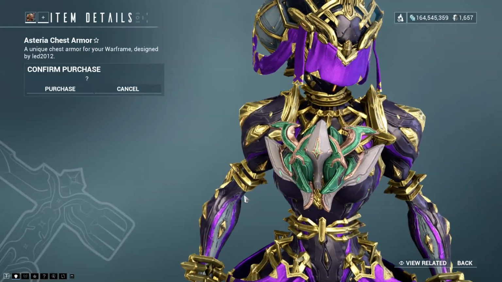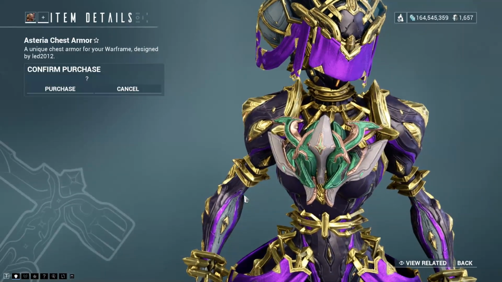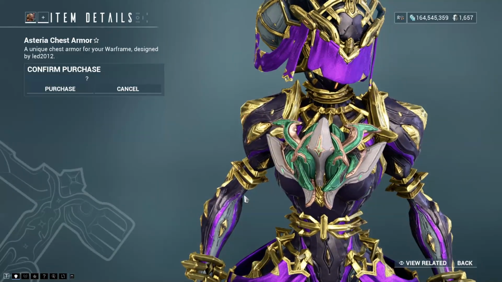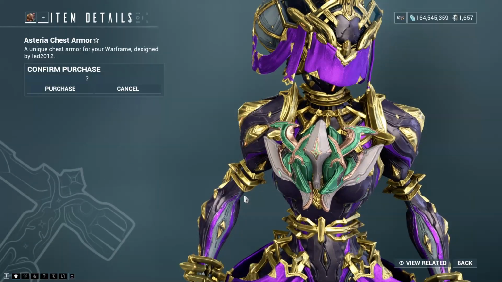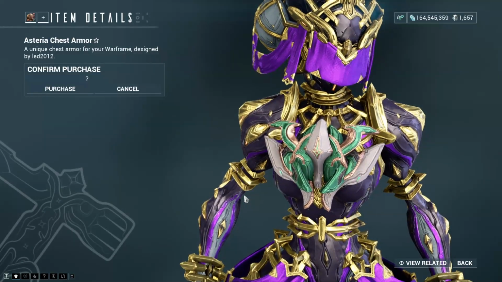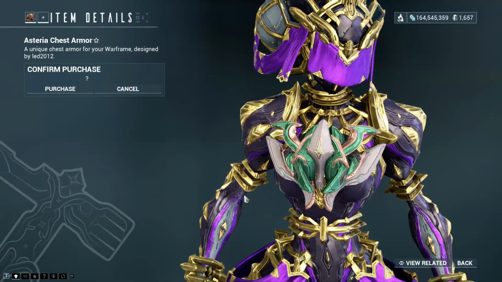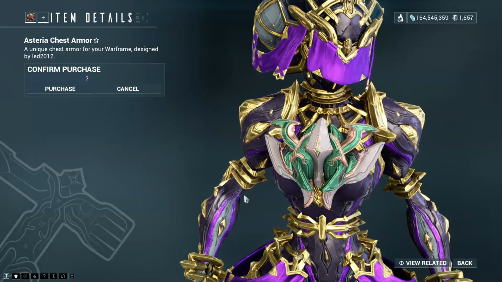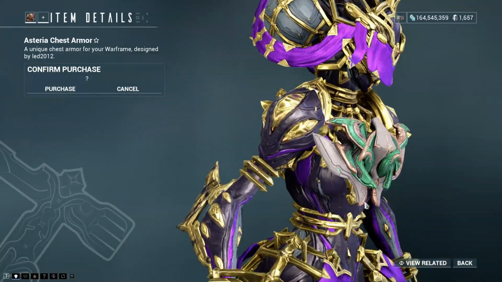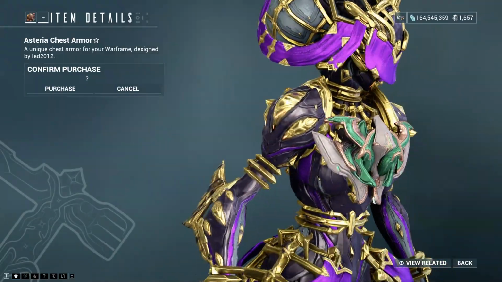You can see who this is made by in the top left, because Tennogen, in case you didn't know, most people do, but still gotta mention it, these are created in the Steam Workshop and then Digital Extremes add them to the game. But they're made by other people, by Tenno, hence the name, Tennogen, Tenno generated. And yeah, okay, all joking aside,